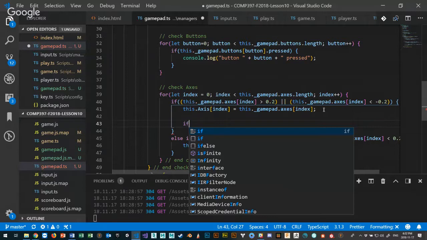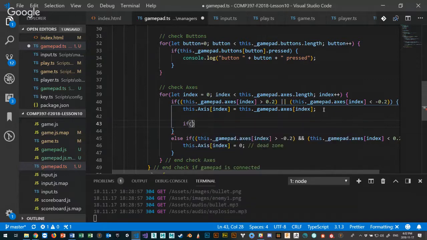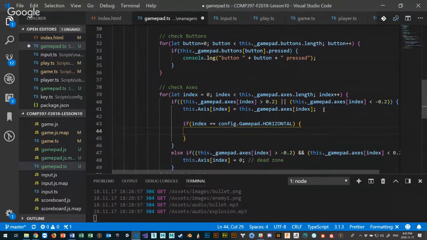Let's do right and left, so we'll do horizontal. So if the index is equal to config.gamepad.horizontal, right? If it's the horizontal thing moving, then I want to say console.log,